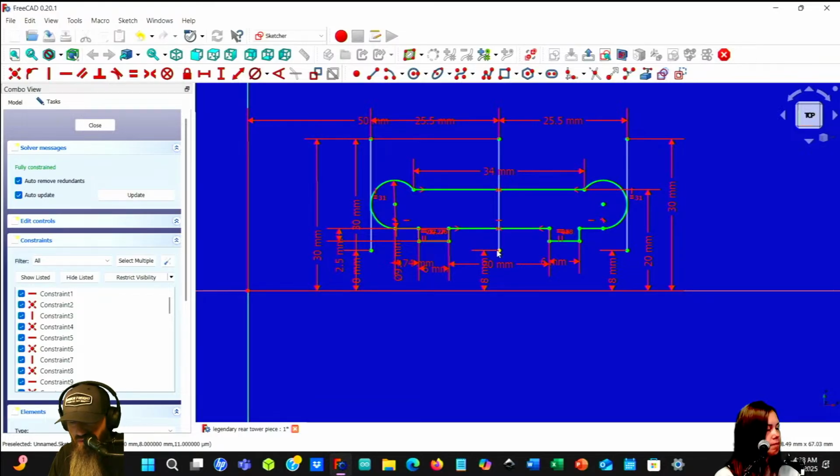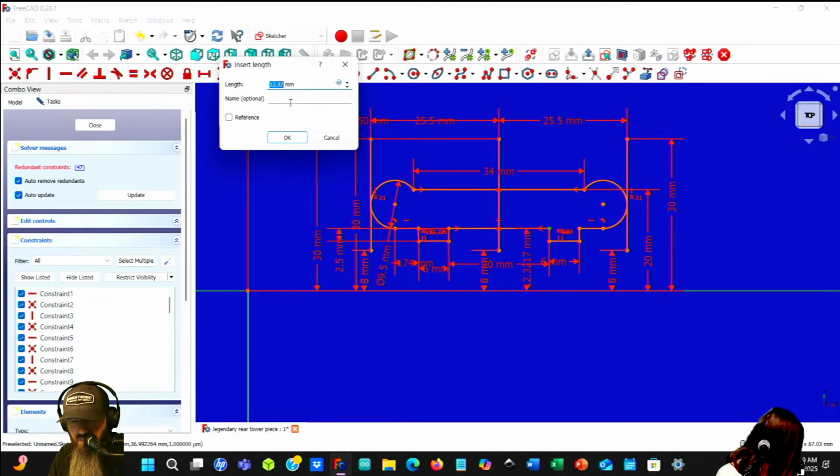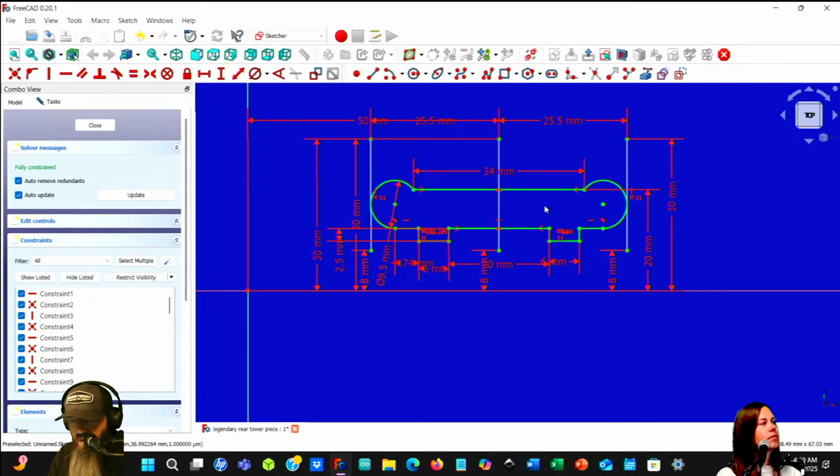How far away am I up and down on these? How did I constrain my up and down? Or did I? The bottom of this thing from here is what? 12.32. Oh, I constrained the top of it right here to 20 millimeters. Okay, so that's how we're going to do it.